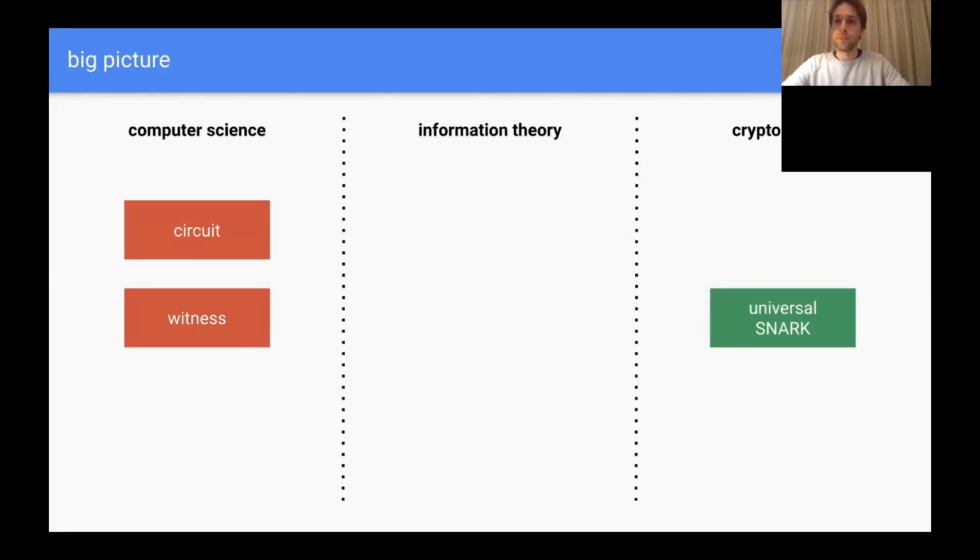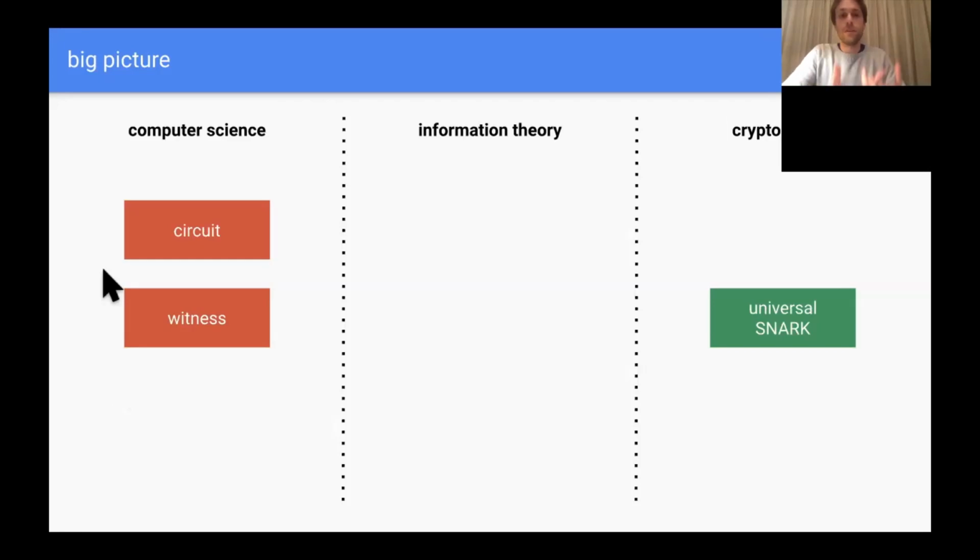Okay. So this is the big picture that I want to try and describe. You have these three fields: computer science, information theory, and cryptography, and they're nice and segregated. Where you start is on the left side here with your circuit and your witness. Even to get to that point, you might have to do a lot of work. You might have a high-level Python code which you compile down to a RAM program or a circuit, and then translate to R1CS, and then you might do other things like translate it into QAPs and so on. But at the end of the day, you have